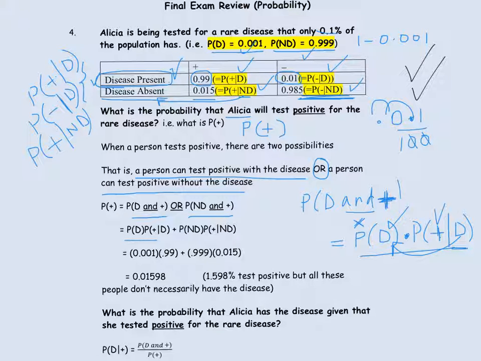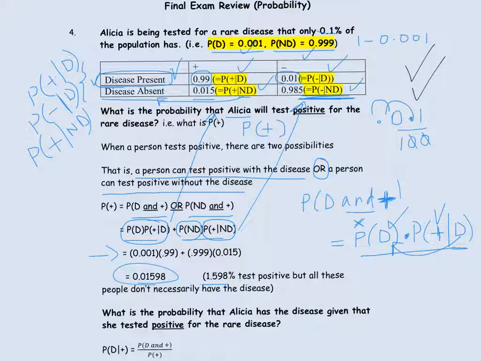So using the same formula for both, we have probability of no disease and positive is probability of no disease times probability of positive given no disease. So when you look at these probabilities, you've already thought through this and you already have all the numbers. Look for the highlighted numbers. You have to just plug them all in and get a number using your calculator, final answer using your calculator. So 0.01598 is the answer, which means